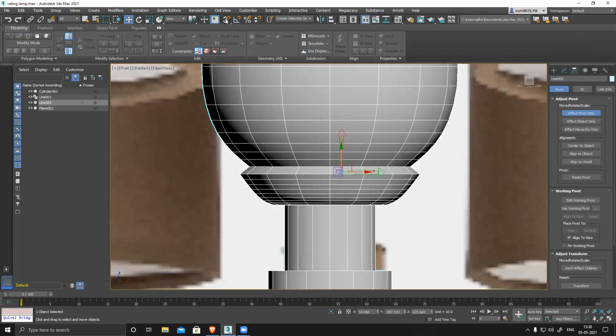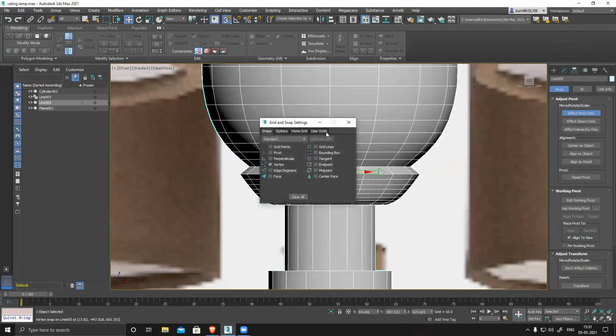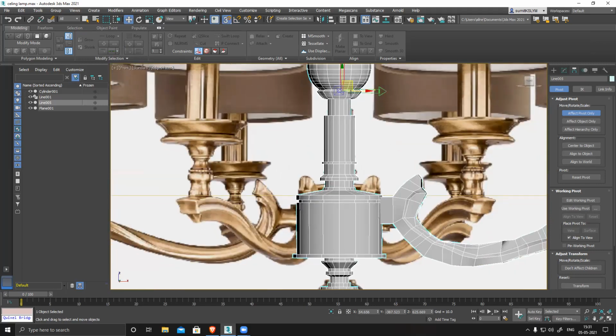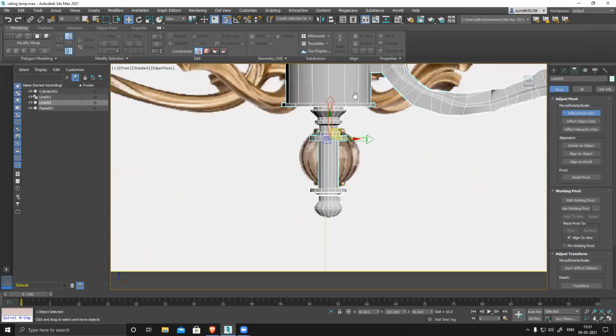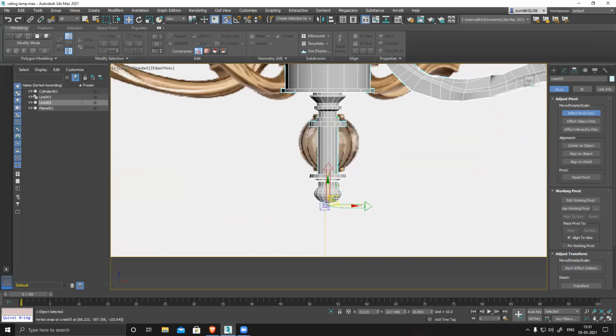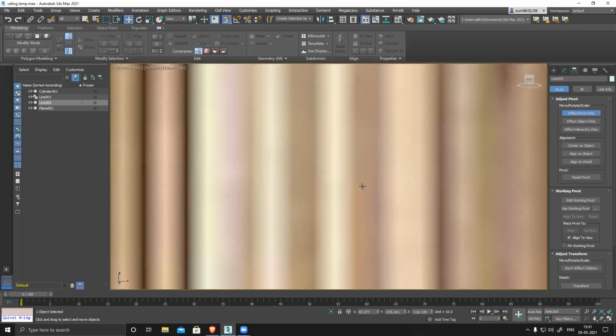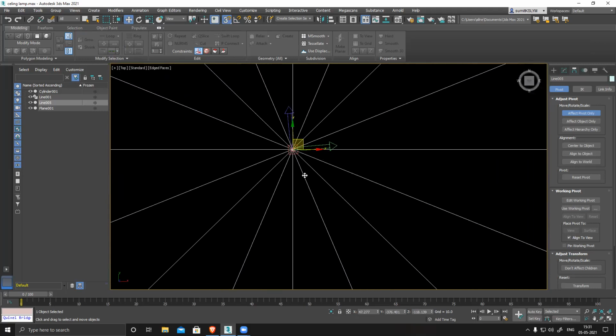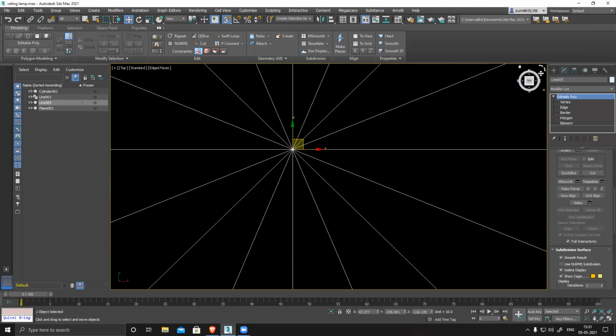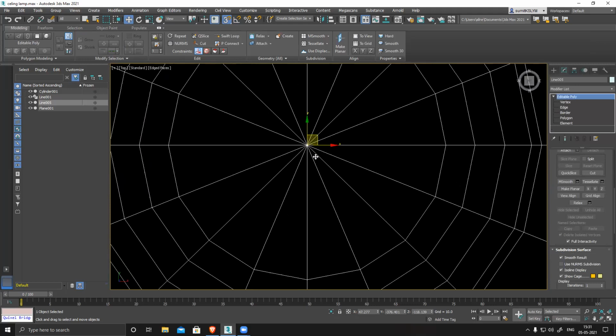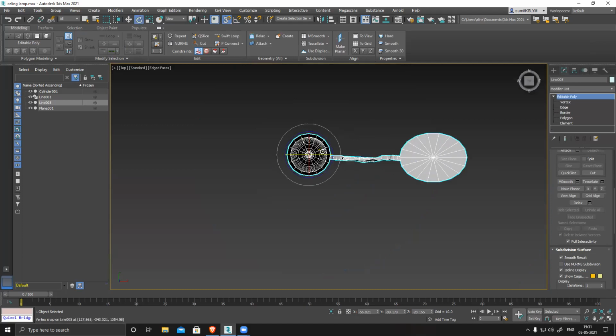So switch on your vertex snapping, and snap this to this bottom vertex that I just collapsed. Zoom in and snap it. Snapped. Go to top view and check again. Perfectly centrally snapped. Now it's correct. Now if you rotate it, it will give you the correct result. Until you do this, no matter what you do, it will be wrong.